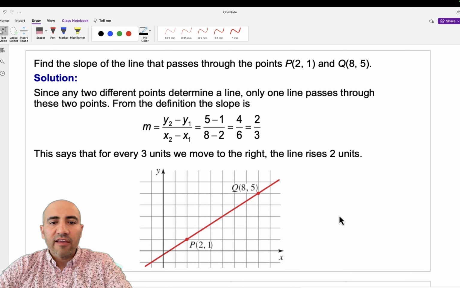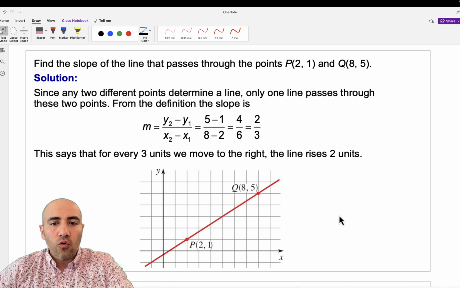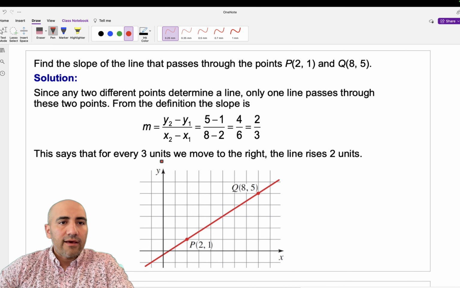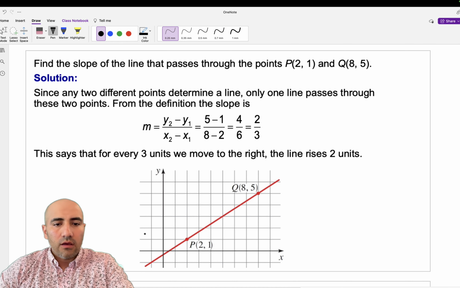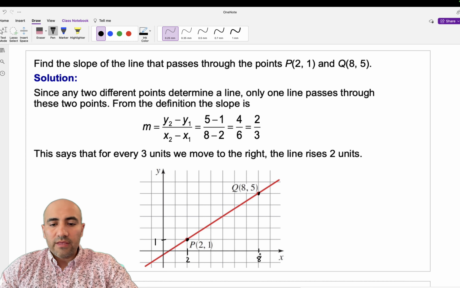We subtracted 5 minus 1 over 8 minus 2, reducing to 2 over 3. And now if we wanted to graph the line, we have a coordinate system here, a Cartesian coordinate system. And so this point corresponds to 2 along the x-axis. So here's a 2, and this corresponds to a 1. And then over here we have a value that corresponds to an 8 along the x-axis direction, and then a